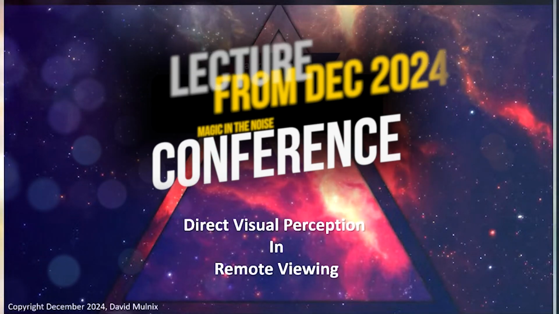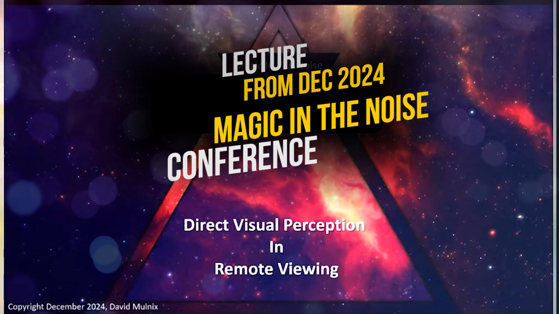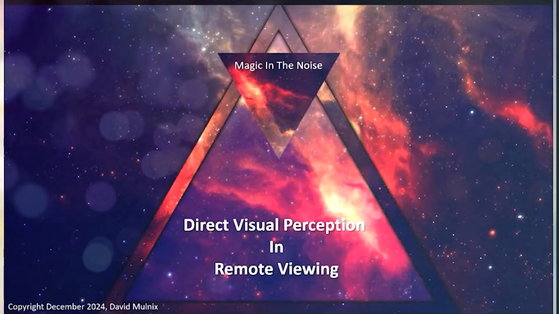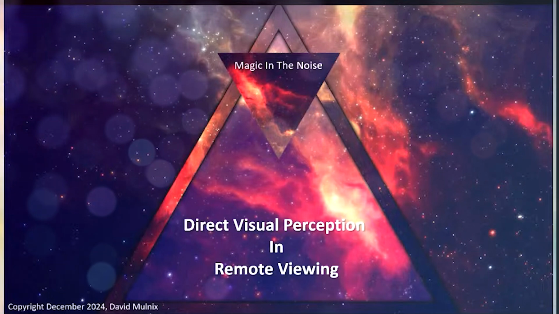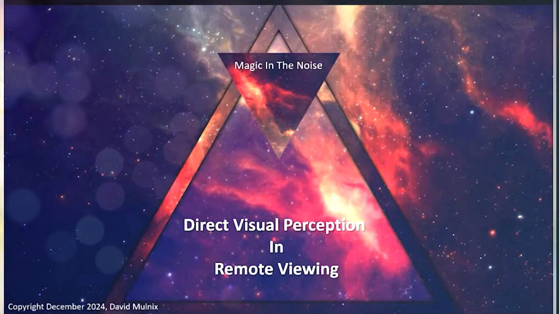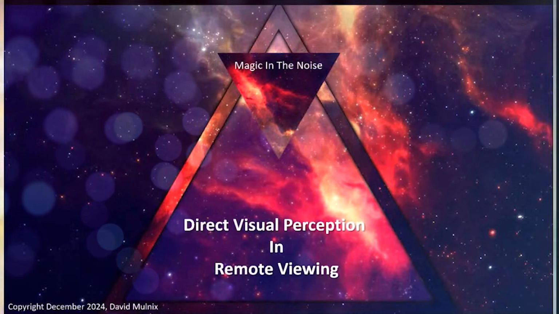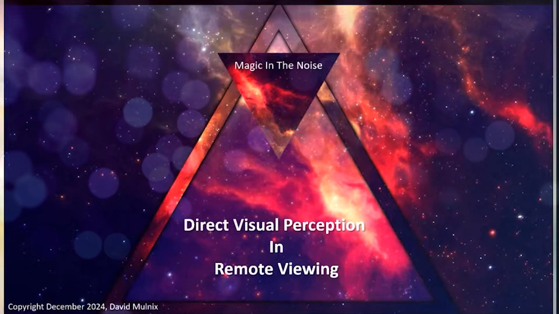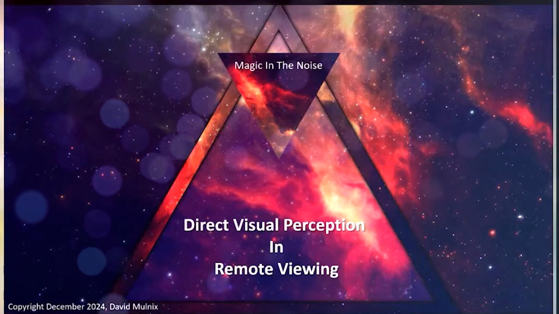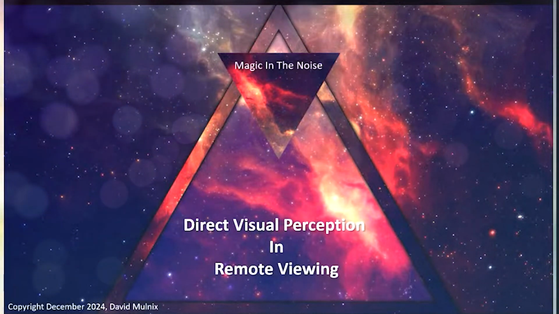So my particular topic is to discuss direct visual perception in remote viewing. Anytime I'm talking about visuals, I'm talking about the actual application of seeing some piece of information directly, just like you would see in real life. Now, there are levels to quality of what that looks like, and I'm going to discuss that. But I just want you to understand when I say visual, I'm always saying you're literally seeing the target, because